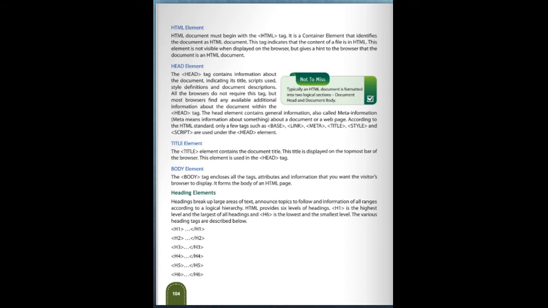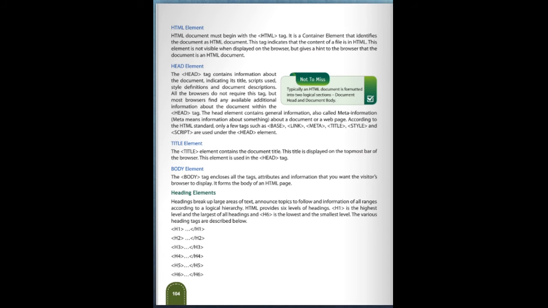Not all browsers require this tag, but most browsers look for any additional information about the document within the head tag. The head element contains the general information, also called the meta information, about the document or web page. According to the HTML standard, only a few tags such as base, link, meta, title, style and script are used under the head element.